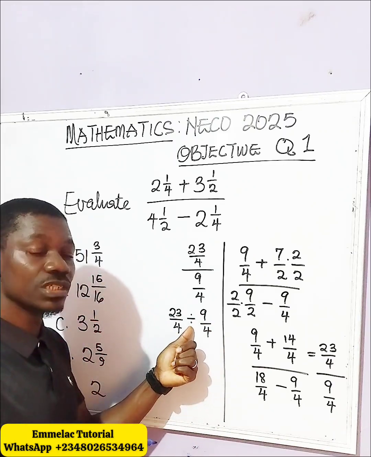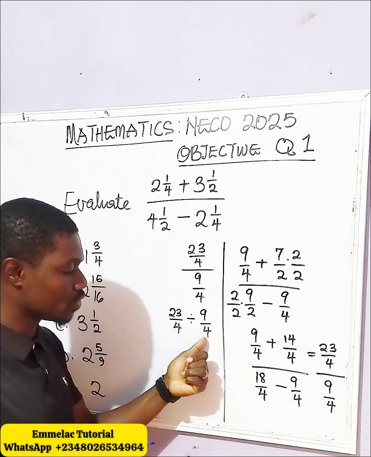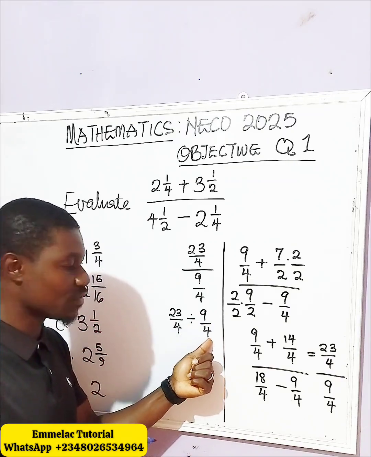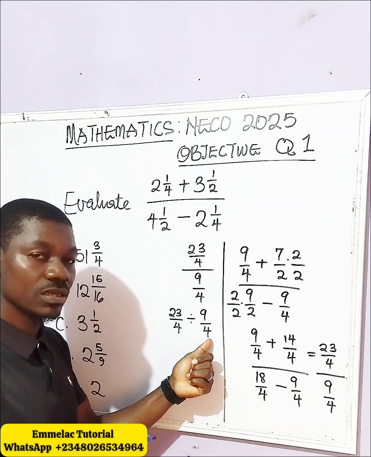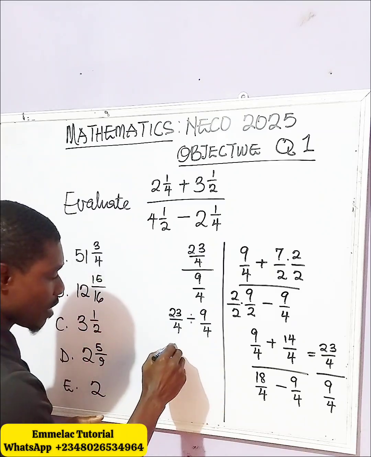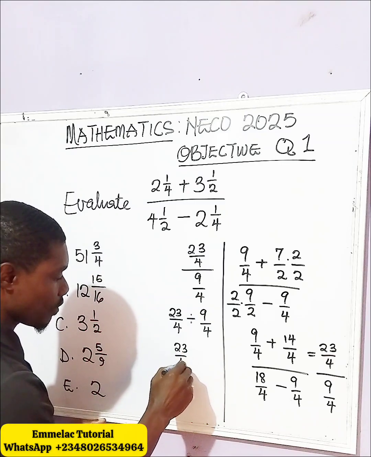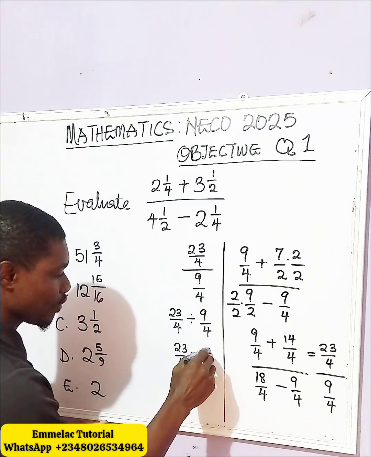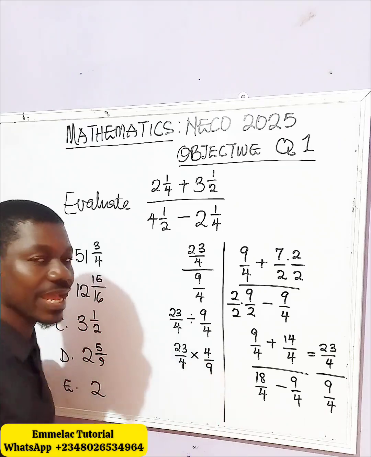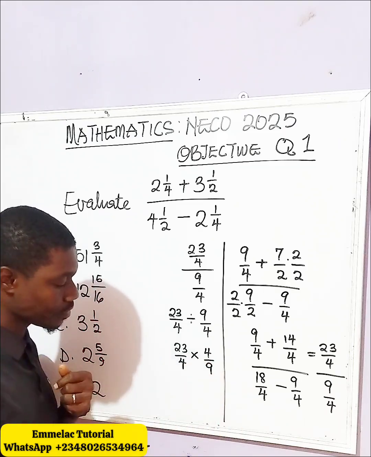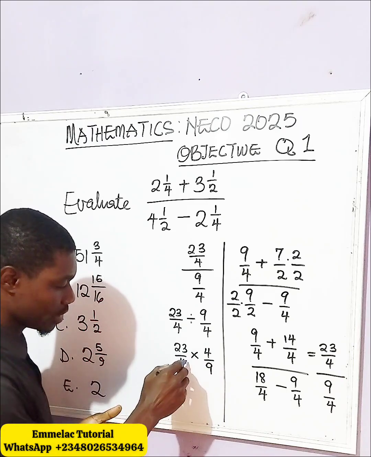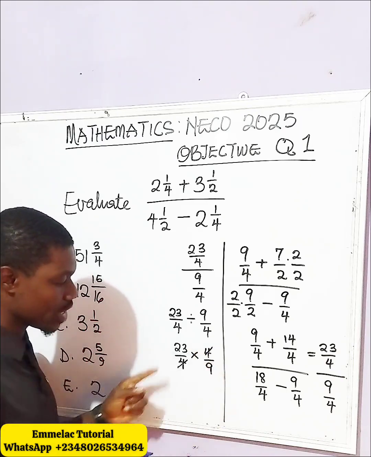Now for us to change this into multiplication, what we just need to do is to flip this side of the fraction. By doing that we have 23 all over 4, then times 4 all over 9. So in this case now we can just cancel, so we are left with